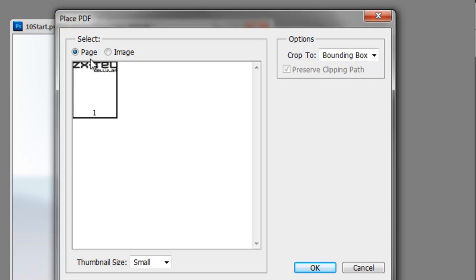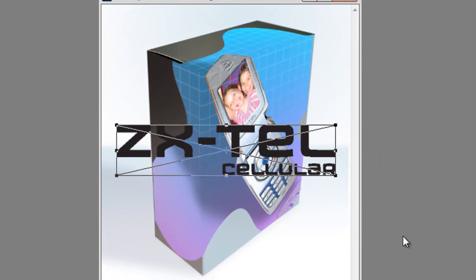We are going to select the page command, which it already comes up to. Everything in here is fine. Crop to bounding box, that's fine. Thumbnail small. So I go ahead and I click OK, and you'll see the logo placed, and you have transformation handles on this immediately. This is just letting you know that it's pretty much a smart object, which again is